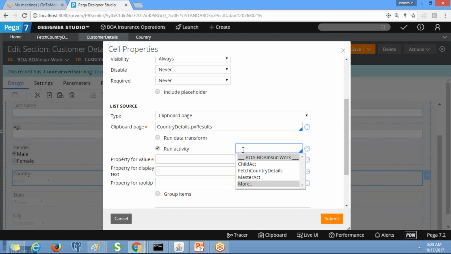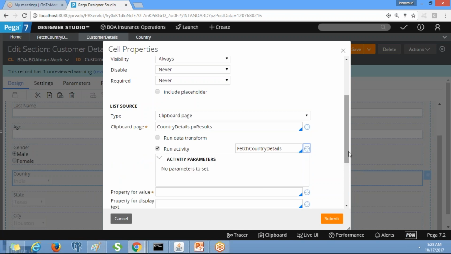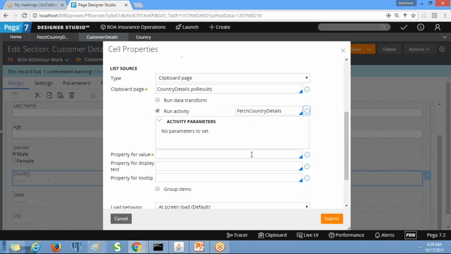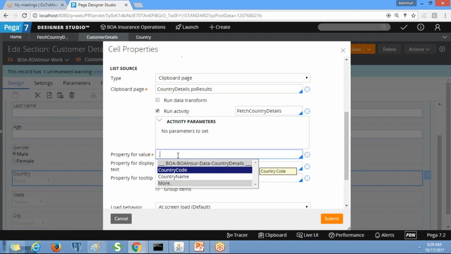We need to give the activity which is created for fetching country details. What is that activity? Obj browse is the method. So fetch country details is the activity name. So you need to give the activity name. Property for value, country code.